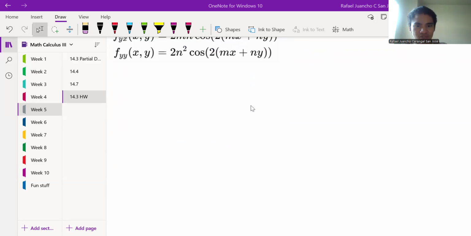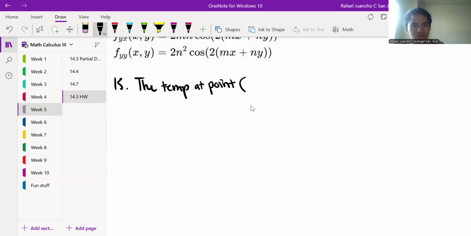Okay, we have 2 more questions, and then we're done. Number 15. We have a temperature at some point, right? So we have a temperature at a particular point. We'll call this point xy, and it's on a flat metal plate. So it's basically on a surface,